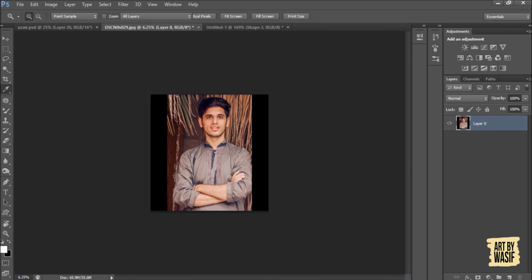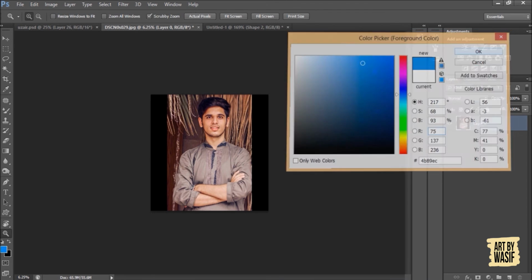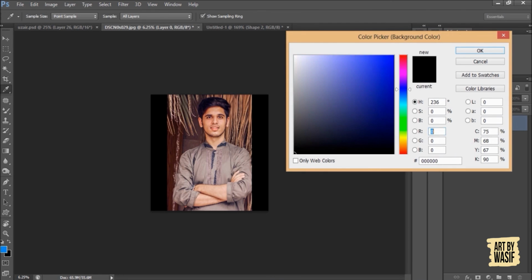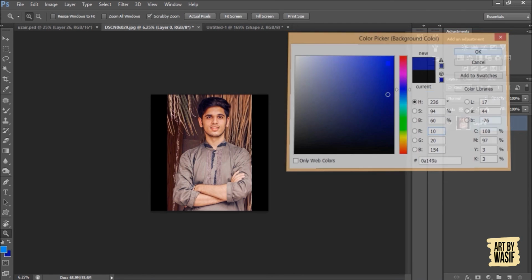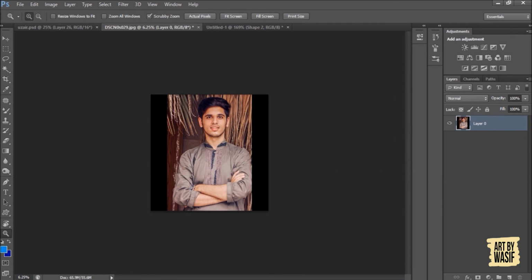It can be applied for any color. Here is blue and here is dark blue, so you can just press X button and change the position of colors. So this was the normal, you can say, intro of Adobe Photoshop CS6.